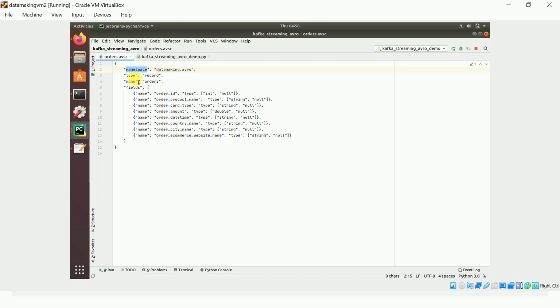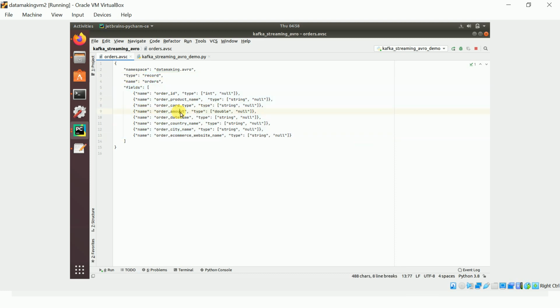So what I'm giving is namespace, data making dot avro, and the type should be record. And for name I'm just giving orders, so basically this is the order detail, and it's the kind of table you are going to define. The type is record, the name is orders, and you need to provide the fields.